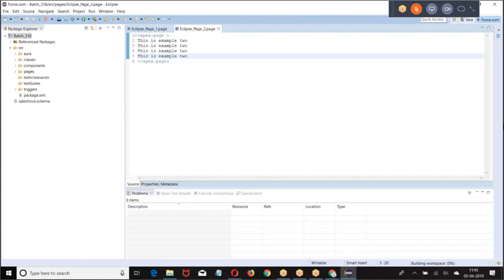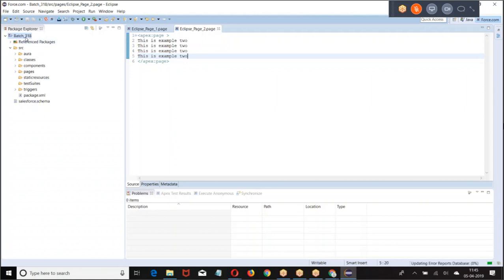This is how we got it. Now you can look at this, build workspace. Now the pages are created. Now what happened? I wrote some programs from Eclipse. Now I want these programs to be deployed to production, or I want these programs to be deployed to another org. So what should I do?